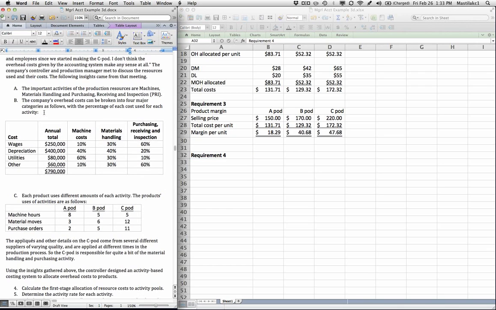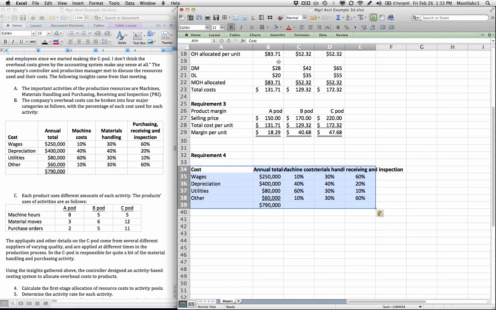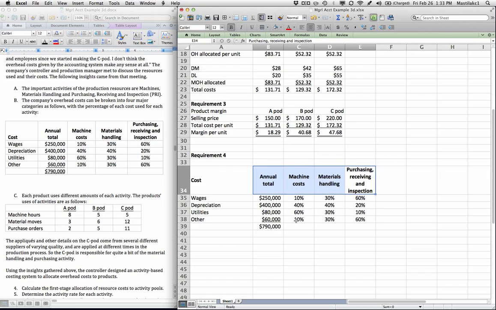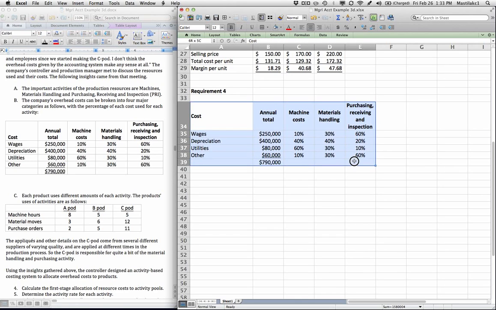And to make things a little bit easier, I'm simply going to copy and paste these tables. So we have our three different cost pools: machine cost, materials handling, purchasing, receiving, inspection. We've got these different costs that are going to go into them. And really what we can do is we can take the same table,